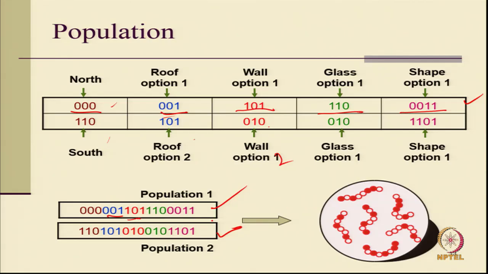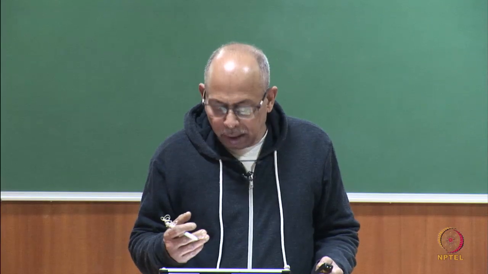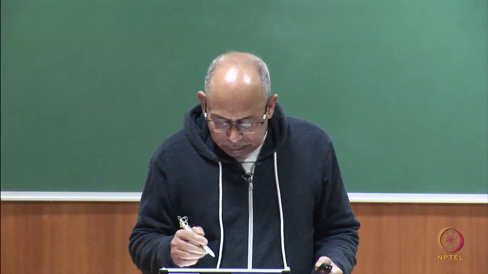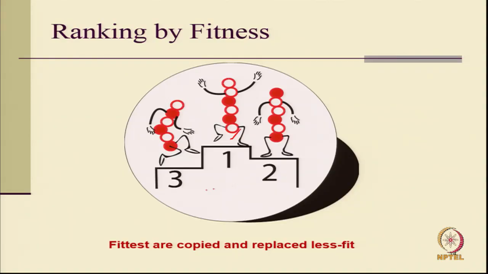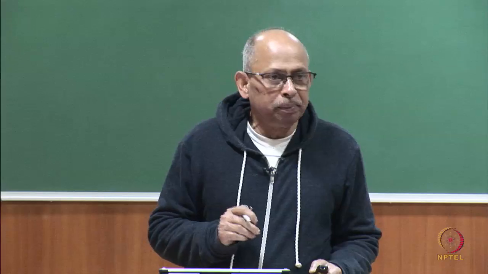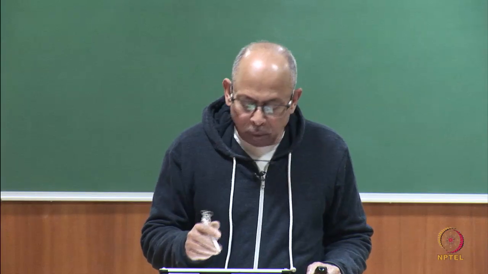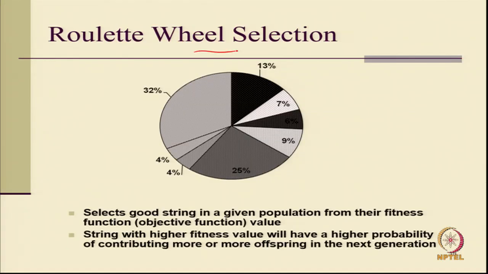So, there would be 20 pairs, let us say, to start with, and what we do is we select the best and keep this out. Now, how do I do that? Supposing I have evaluated all 40 of them. One of the simplest ways to do it is what is called roulette wheel selection, random selection. So, what you do is, you see,